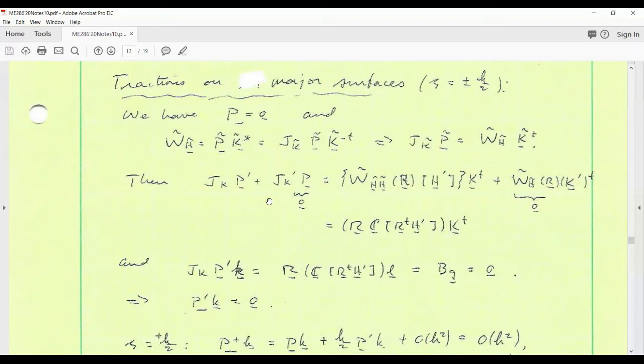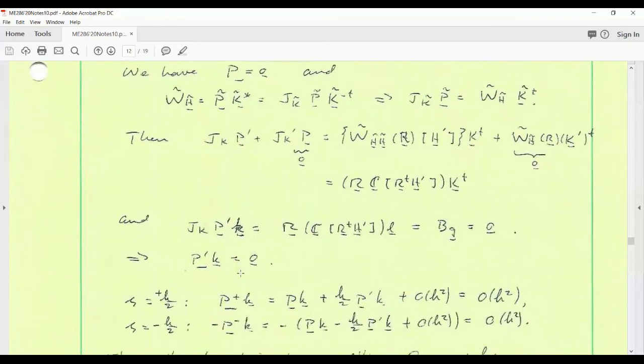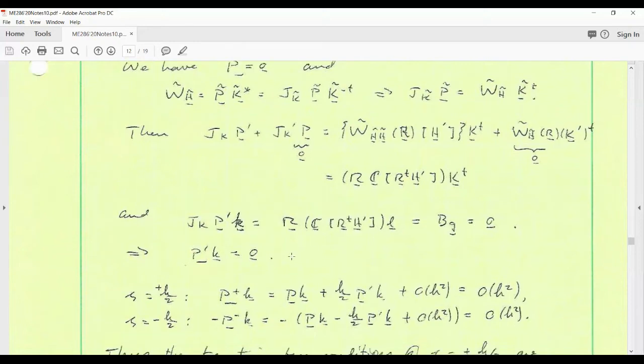And so if we operate this on K, which is the normal to either the top or the bottom surface, we get JK times P prime K is R times K transpose little k is L, if you remember. But all this is just dB/dG, and we went to all the trouble of solving this equation. That means P prime K is 0 because we satisfied this equation. Who cares? Well,